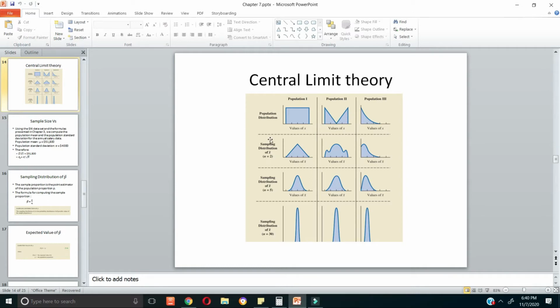As the sample becomes big, you end up with a very smooth, typical normal distribution. This exponential population distribution takes longer to smooth out into a normal distribution, but eventually, for n equal to 30,